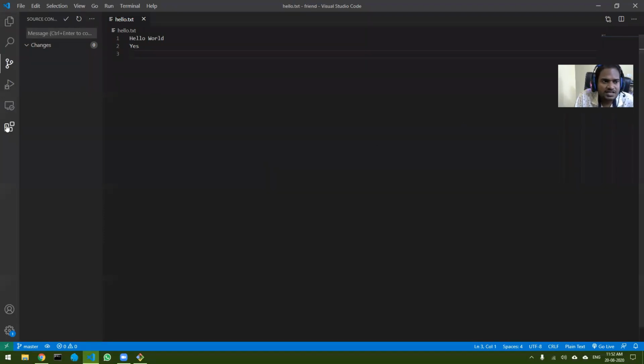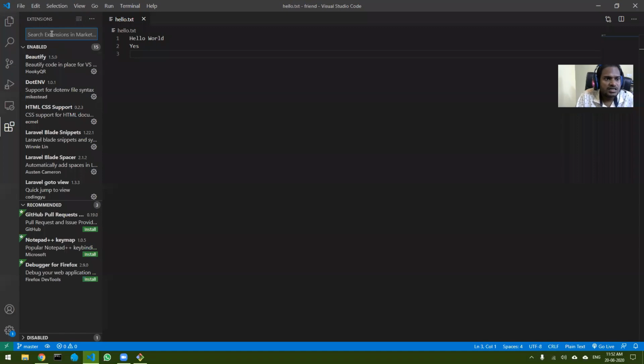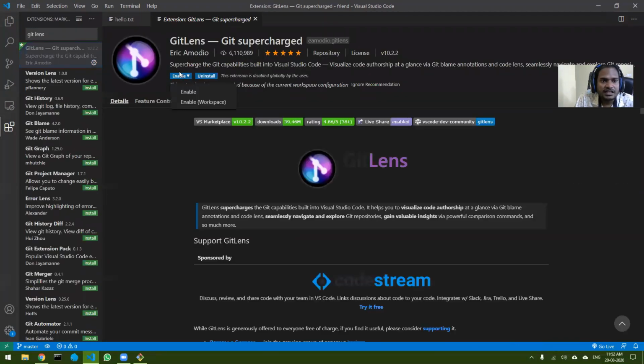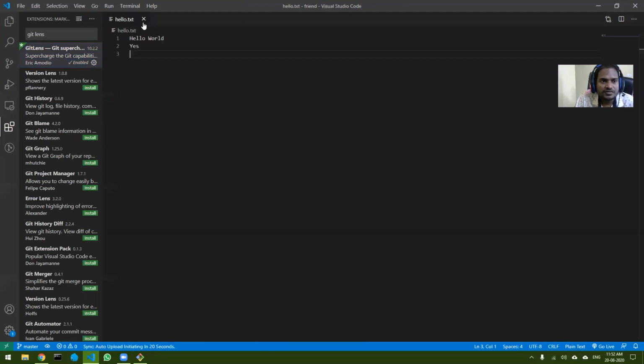Also, as I showed you, the extension called GitLens makes it much more interactive.